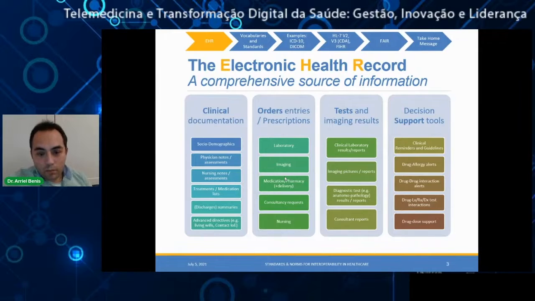From an order and prescription side, we can manage, and we are managing in the EHR, all the laboratory tests prescribed by an MD, or the consultancy request to a specialist. And from the results side, we have for all the orders, all the results or the reports of laboratory results